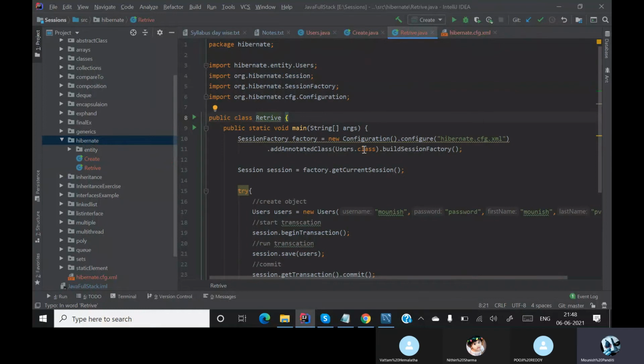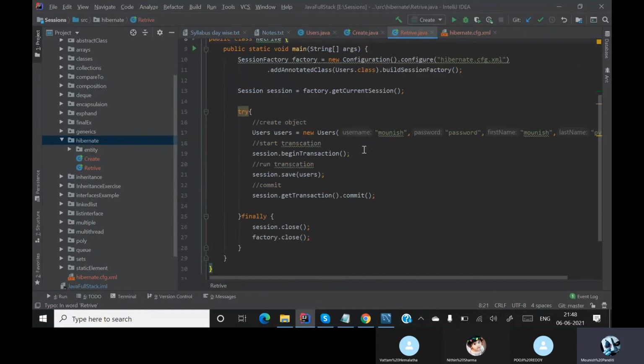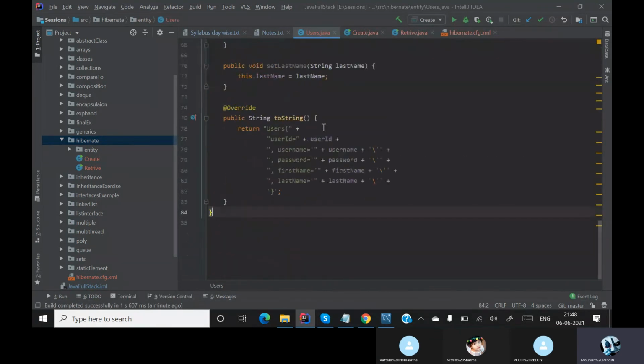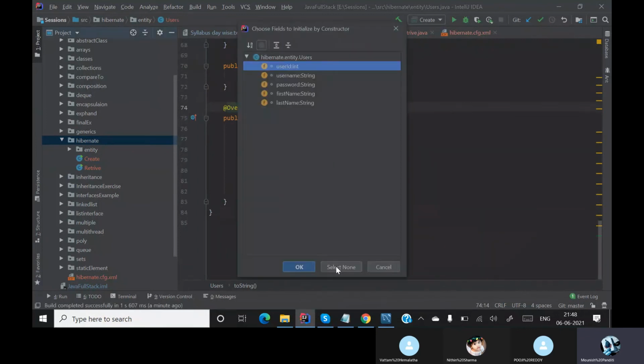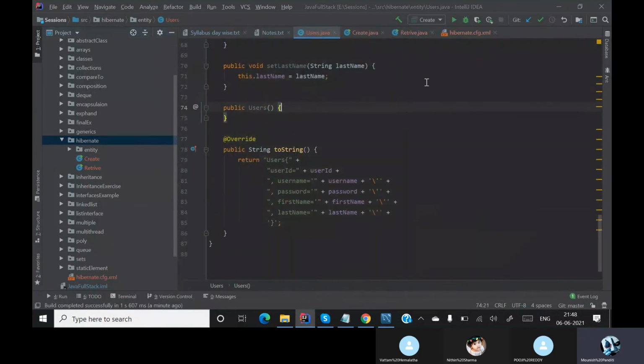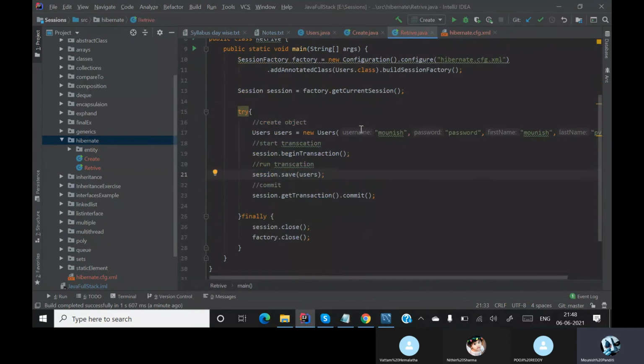So this is basically retrieving data from our database. For this, I don't need to give any inputs, so I must have a default constructor. Let me generate a default constructor with no values.